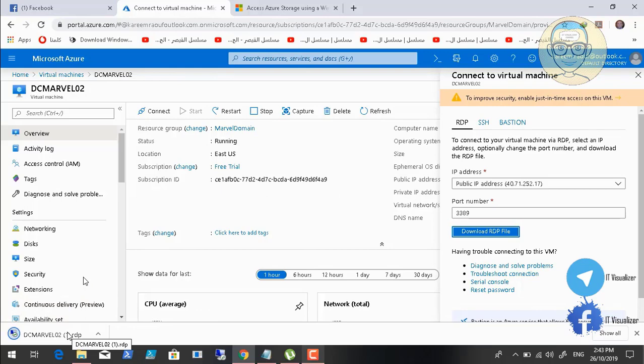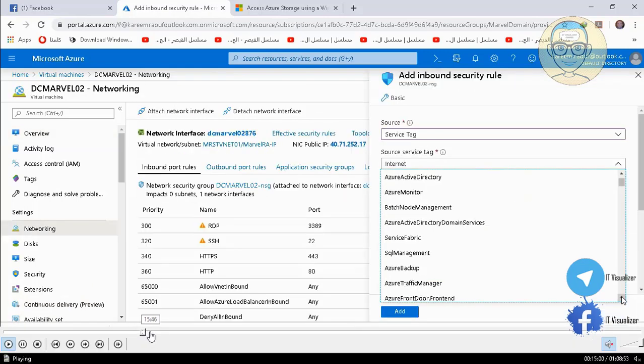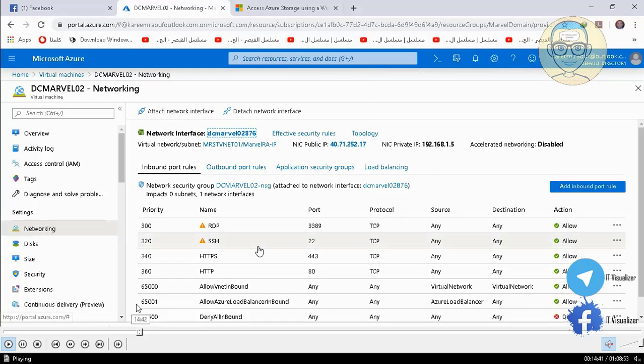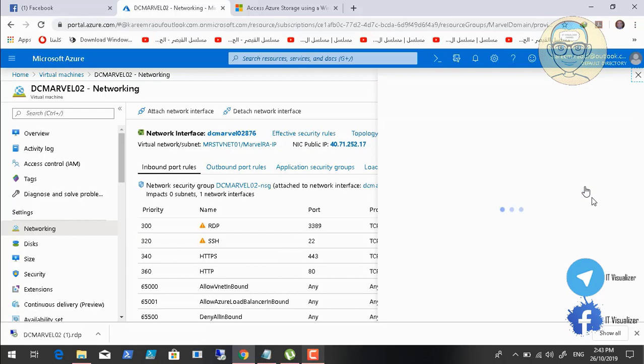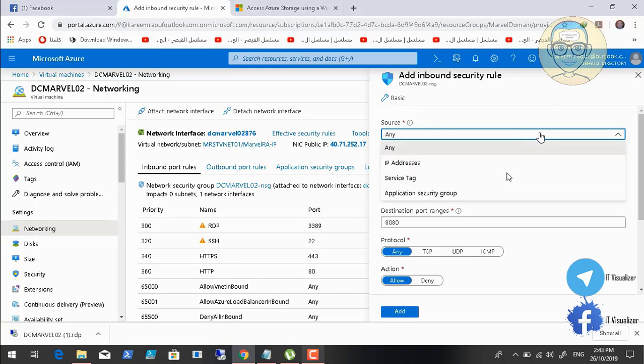I think we need, before this, let me show you. So yes, here we go. Then we go to networking for the virtual machine and add inbound rules, and then we will tell him to allow any source from any port